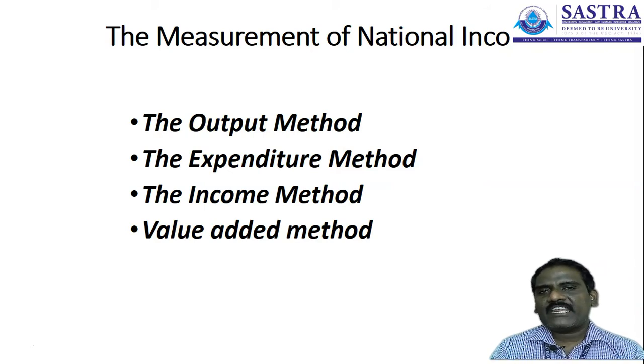Similarly, for individuals or households, what is the benefit received from the government, and how much tax is paid by individuals to the government, is calculated under the 3-sector economy. And the 4-sector economy has the household, firm, government and the foreign sector. So what would be the contribution of the foreign sector?